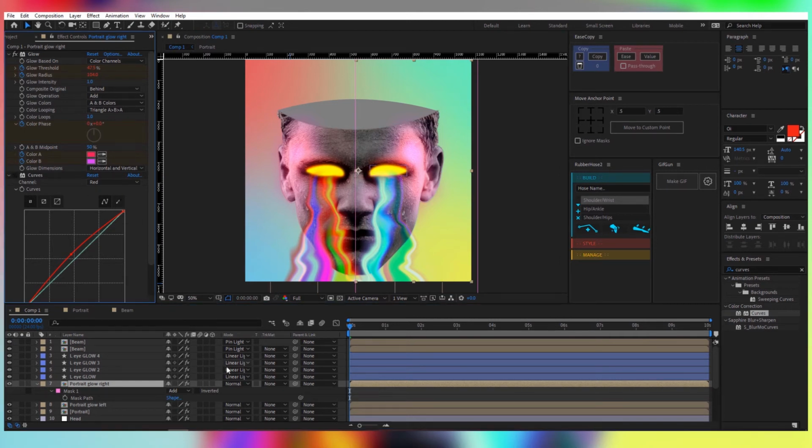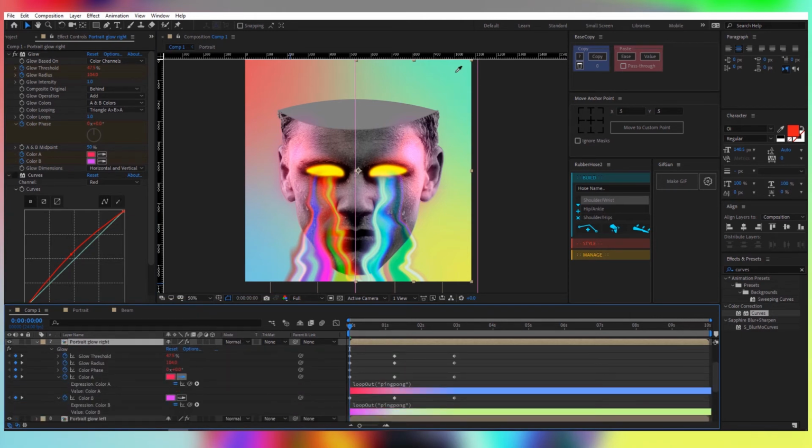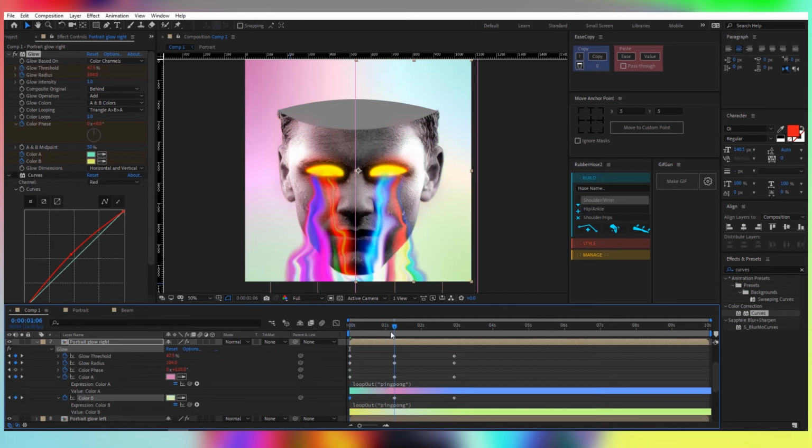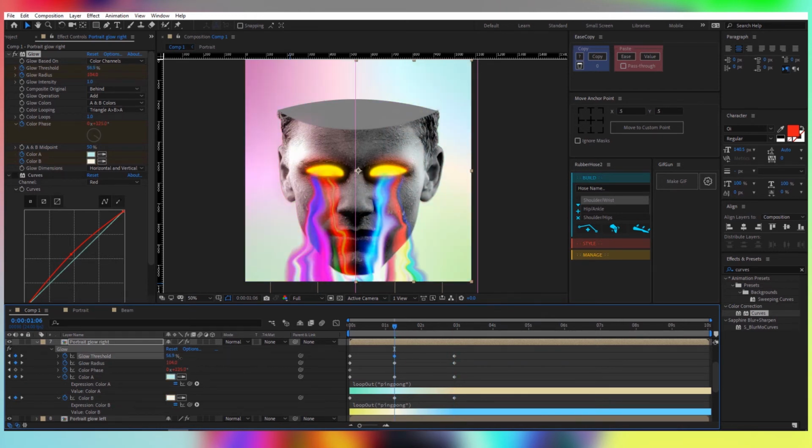Disable the curves effect a little bit. So for this one, we want the colors to be, let's say, this green and yellow. For the second set of keyframes, we want another set of colors. And for the last set of keyframes, we want this blue with this yellow orange. Also, let's change the threshold, something like this. For the second set of keyframes, again, modify the threshold and the radius so it looks good. And for the first one,